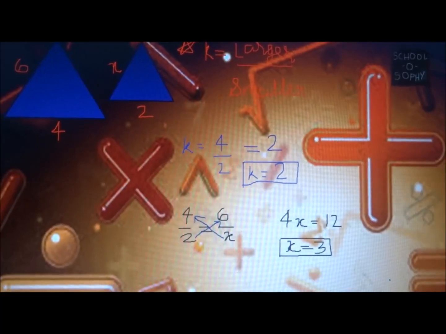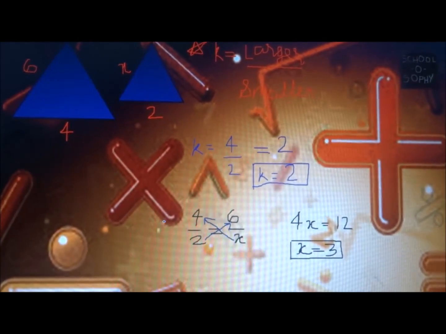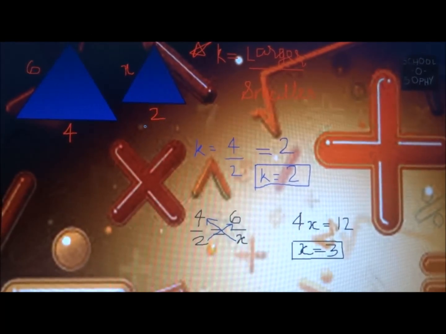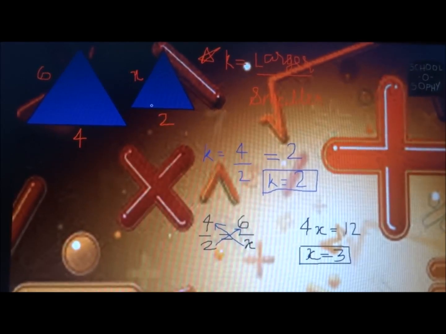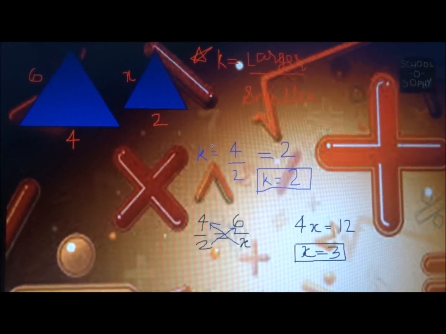So now here I have two triangles which are similar. The length of one of the sides of the first triangle is 6 and the second side is 4. And for the second triangle, we have one side as x and the second side as 2. So if you want to find out the k, that is the factor of enlargement, we need to remember to do the larger upon smaller. So to find k, we will do this 4 upon this 2. That is, this side is similar to this side. So there has to be a ratio between this and this side. Therefore, what we will do is we will do 4 upon 2 and we will get the value as